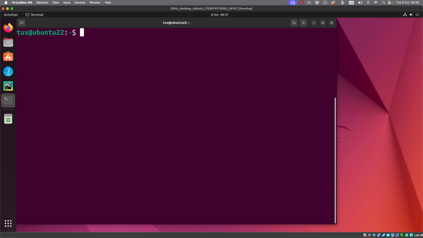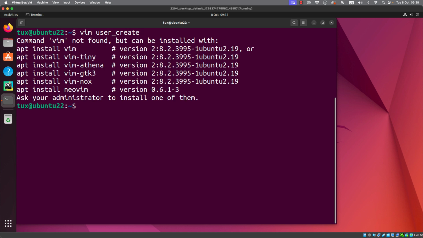So first of all, let's create ourselves a really basic script. It doesn't matter what text editor you work with. I'm going to be working at the command line to begin with, but later on we're going to be moving into an IDE, a more complex editor, to help us with the complex elements of the script. But if I look at, say, opening up a new file, user_create, in Vim, oops, I don't seem to have Vim on this system, but that doesn't matter. I'll open it in Nano. As I say, the editor at this stage doesn't really matter.